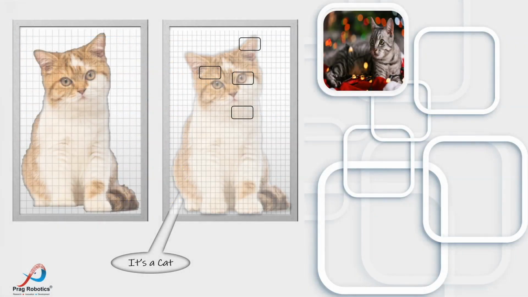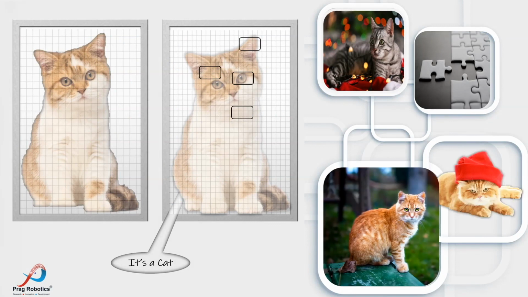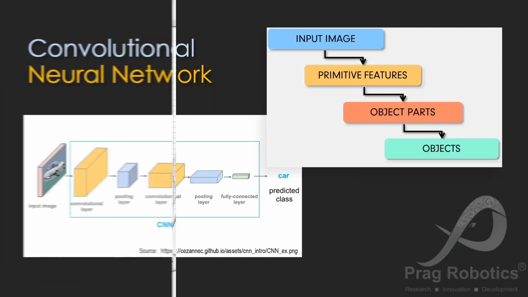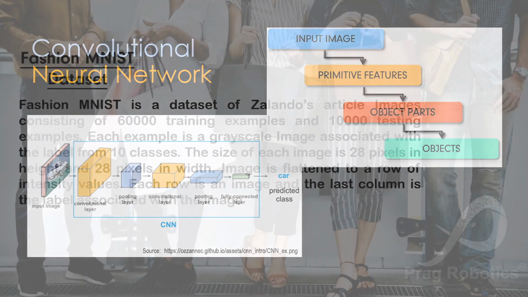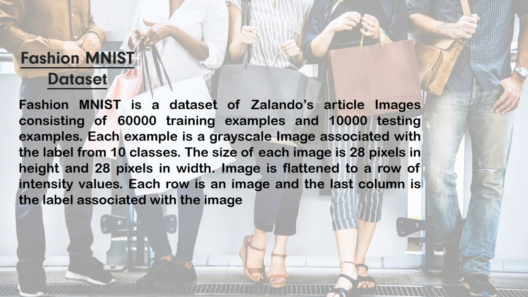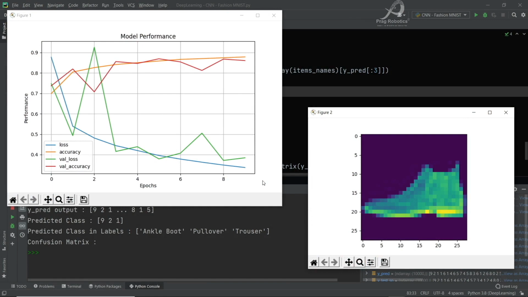This brings us to convolutional neural networks. We will address the main issue in building traditional image recognition models. Then, we will try to understand the architecture of convolutional neural networks. Once you understand that, using the MNIST fashion dataset, we will build an object recognition model using the CNN architecture. Then we will be dealing with handling sequential data, and we will try to build a time series model